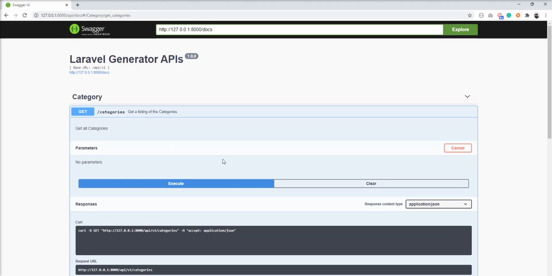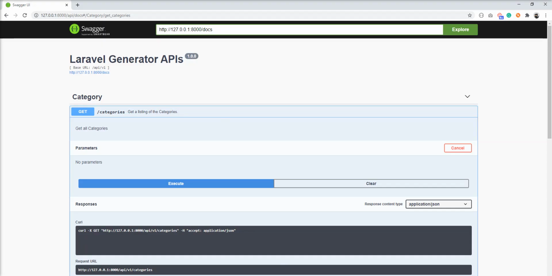It's very easy to integrate with Swagger doc in Infyom Generator. You need to write a few lines in AppBaseController and provide the definition in all the APIs, so you can easily pass the token in the header and easily access the protected APIs.